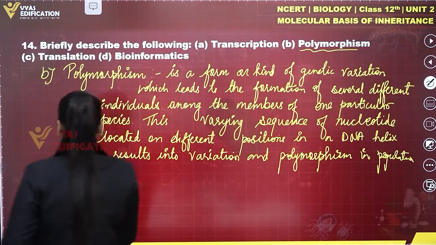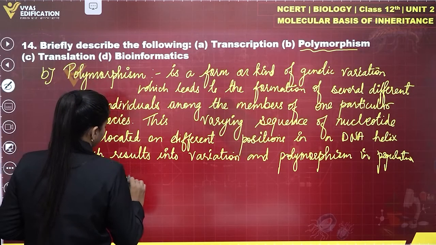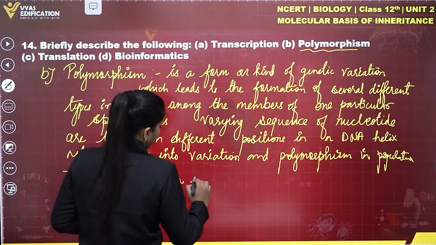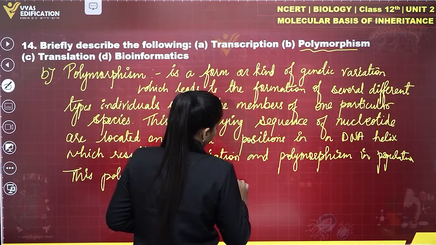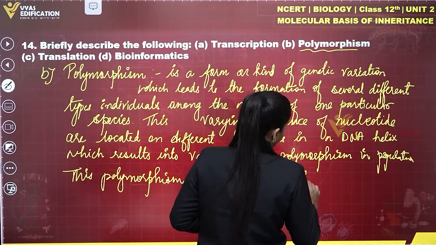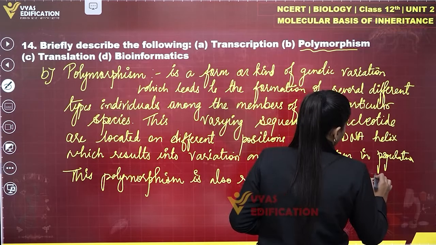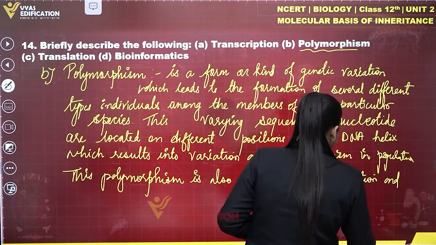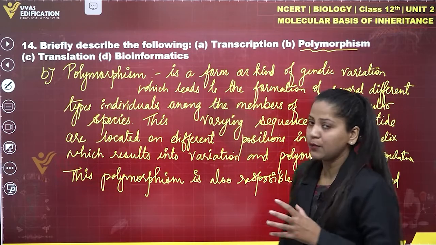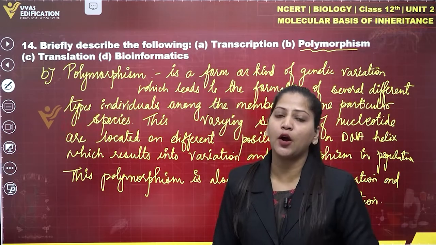This polymorphism is also responsible for speciation and evolution. So this is the complete description of polymorphism, and with this we have completed the B part of question number 14,